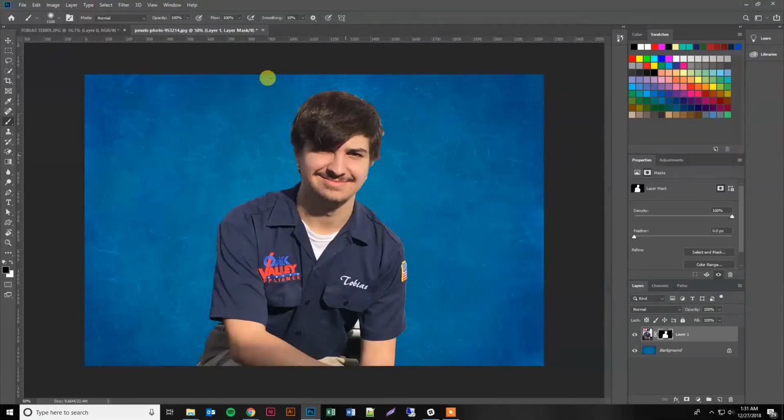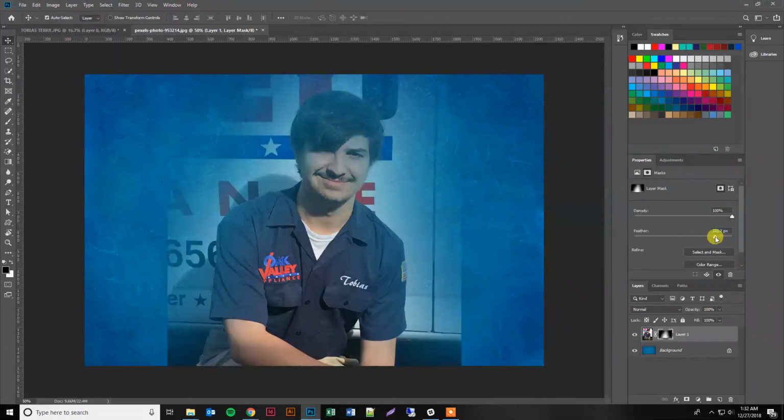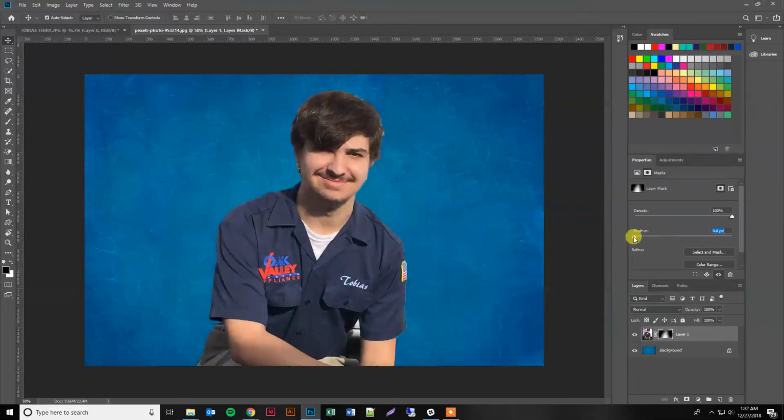There's a way to make him a little more feathered into the background. So let's play around with this. You can see that kind of feathers it. A little goes a long way with these adjustments in Photoshop. So you can do it here with the slider. That's obviously way too much. So it kind of fades it in so it looks a little more